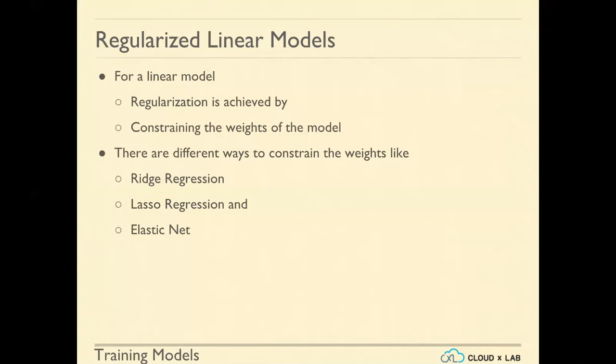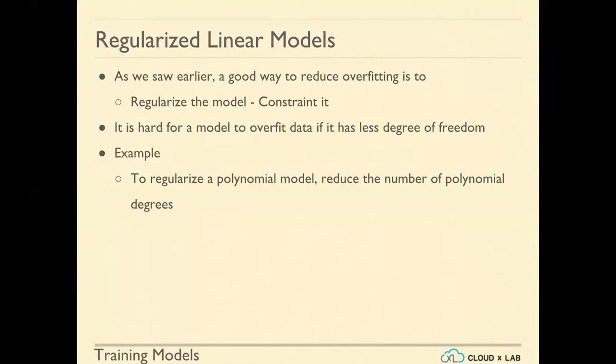Let me rephrase what we're trying to do. When we are trying to fit a model into our data, the model has just too much degree of freedom. Degree of freedom is how much the weights can move, and how many are the weights? So degree of freedom is a function of how many total weights there are and how much each weight can change. Now, if you have more degree of freedom, it will start overfitting